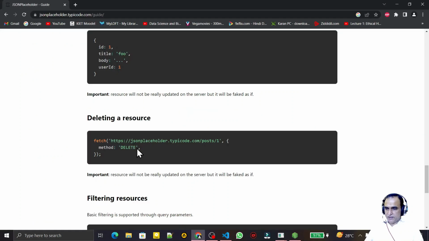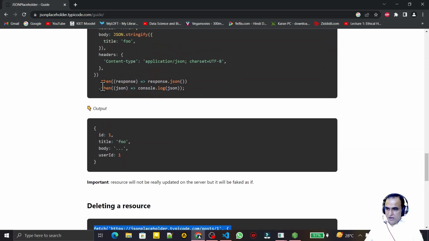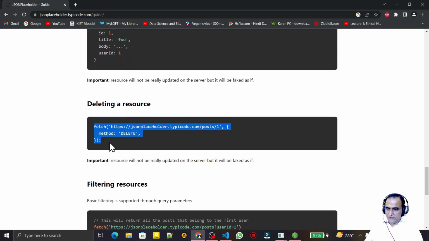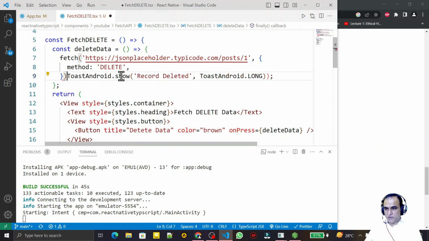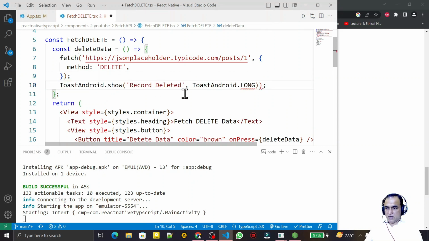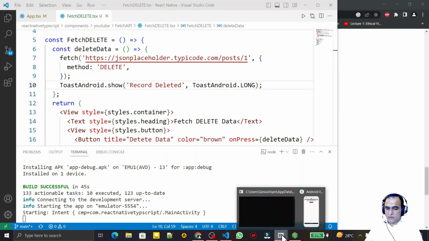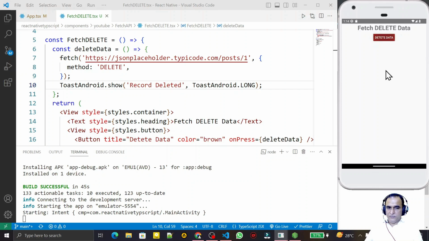because if you see here, they are not allowing any particular promises to be fired. Here we have then, but here we do not have then or some other function or promises to be fired. We have simply this function, because it's a fake server and not giving any permission. So I have to remove this. No need of this, remember. So after clicking this I call this function and it will work according to this API. So I click here and you will see that record